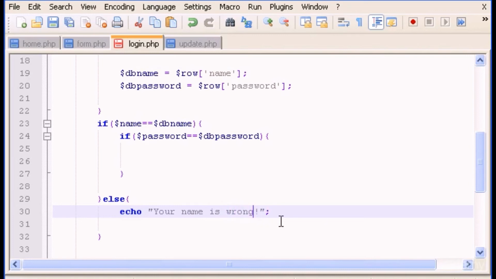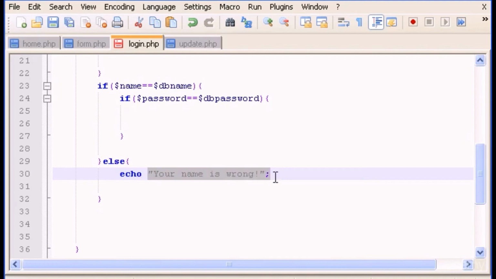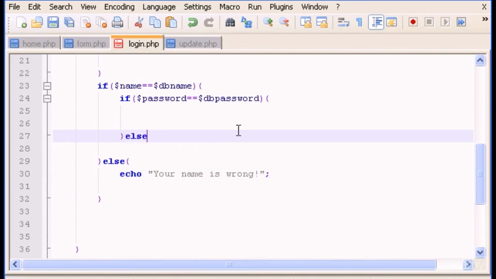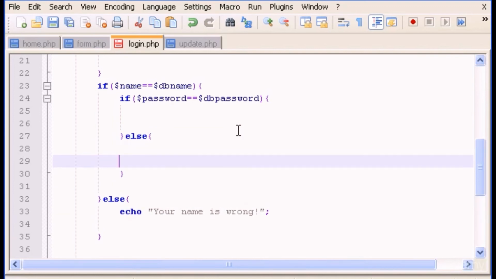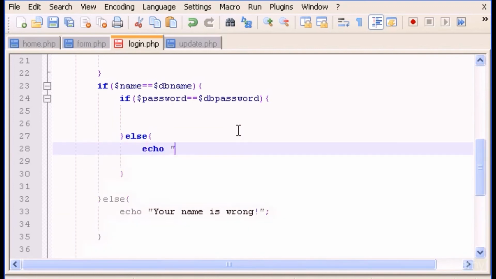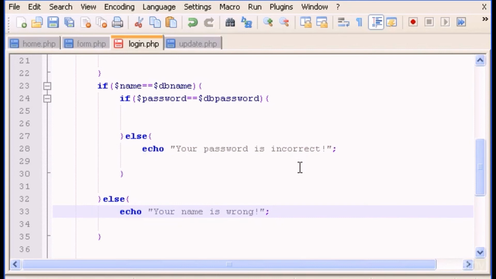You have to type your name is wrong, okay, because it's a wrong name, but it could be registered because the password is correct, okay? So your name is wrong, and in here we also type else, and in here we type echo your password is incorrect. And here let's change this as well, your name is incorrect. I like more incorrect. Okay,